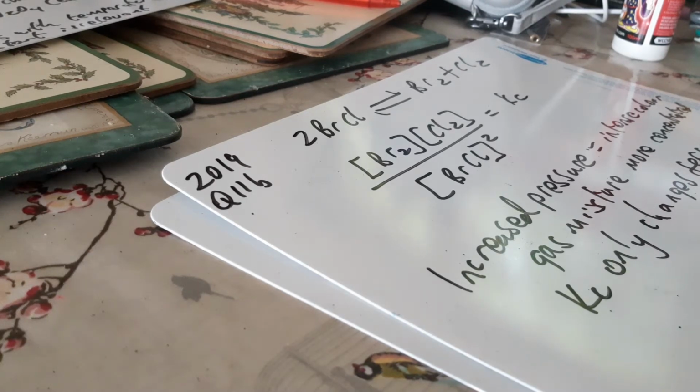Right? So this is 2019, question 11, part B. This is the part now on Le Chatelier, okay? So in this question, this is part B, the very last part. Elsewhere I've done the calculation for this, and you can check that up. But now we're just looking at the very last part where it says increasing the pressure on this equilibrium mixture at 1200 degrees Celsius intensifies the colour of the mixture, but does not change the percentage dissociation of bromine chloride. And then it says explain. Right, so how would you do that?